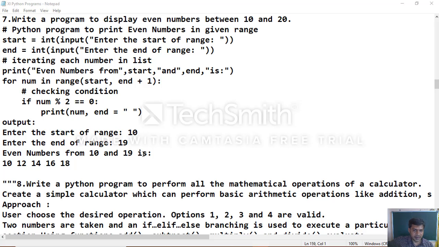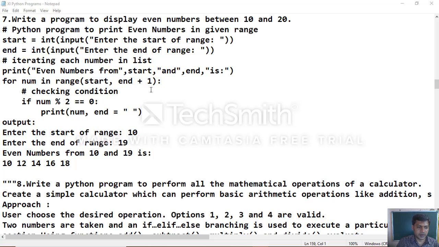So start and end. We'll be giving the start number and end number, up to which you want to get even numbers. So print even numbers from start and end; it is a for loop which we used here. For num in range of start, end plus 1, up to that number will be considered for even numbers.